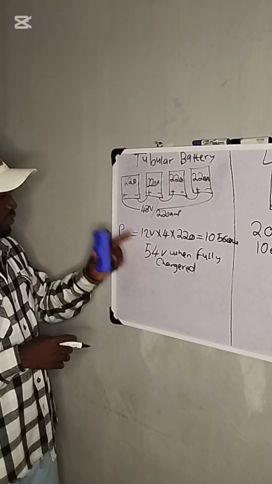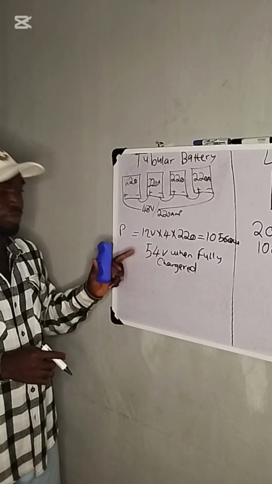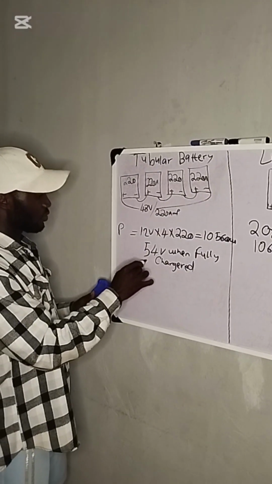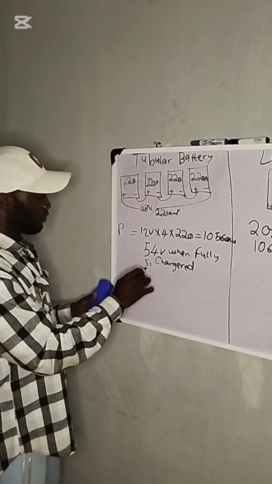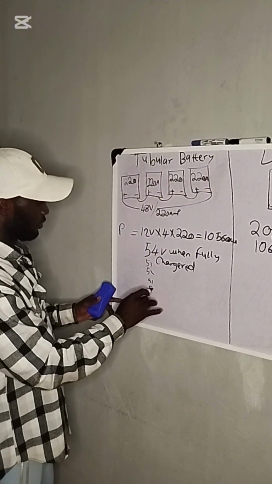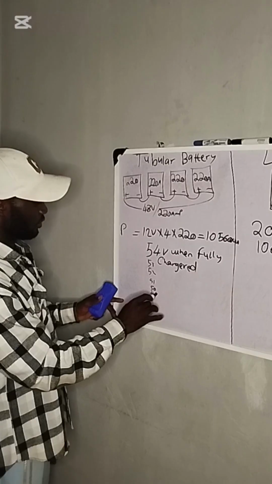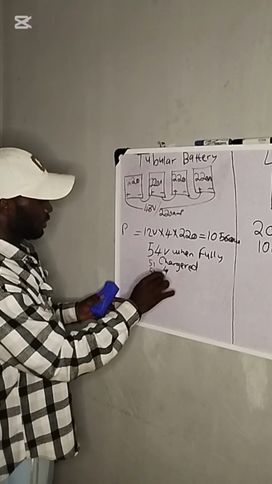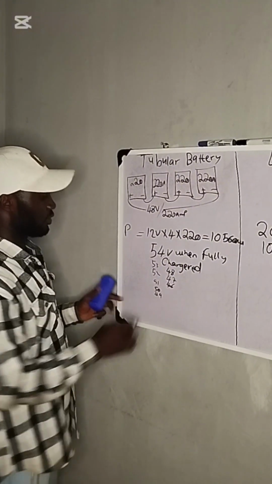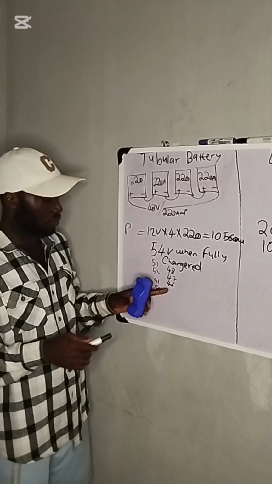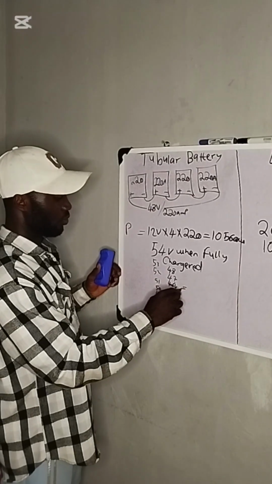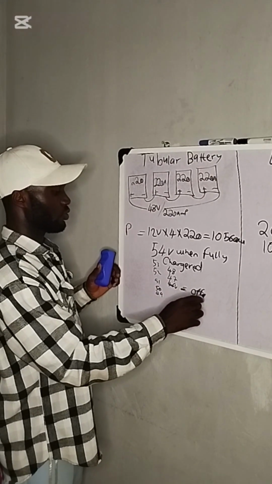So if you start using this battery, it will be going down from 54 to 53, 52, 51, 50, 49, 48, 47, 46. When the battery gets to 46 volts, you quietly turn off the system